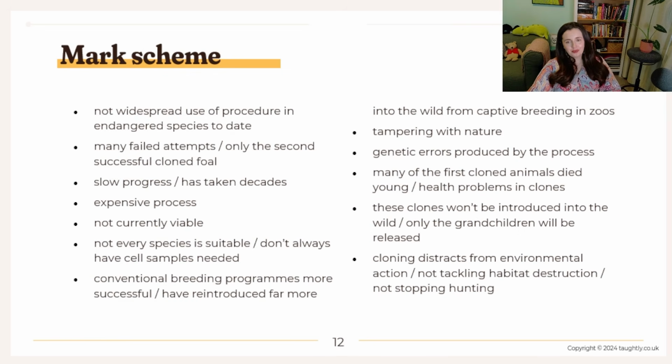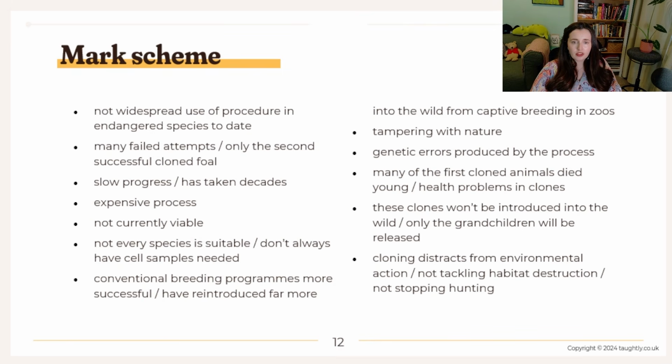Okay, so here is the mark scheme of answers that you could have had. So cloning is not a widespread procedure used for endangered species to date. There are many failed attempts and it's only the second successful cloned foal. Slow progress, or it's taken decades. It's expensive, it's not currently viable, not every species is suitable or you don't always have the cell samples that you need. Conventional breeding programs have been more successful or reintroduced far more